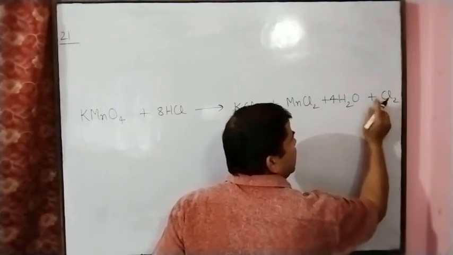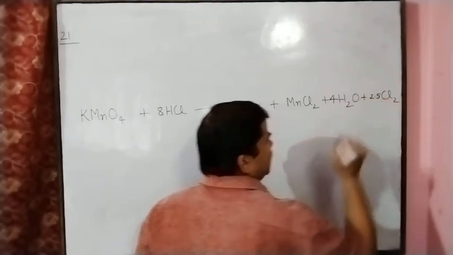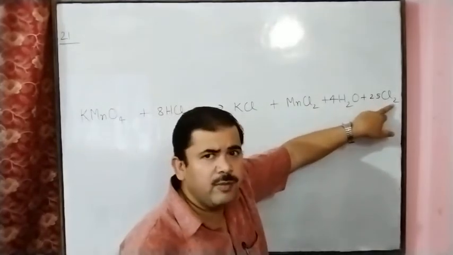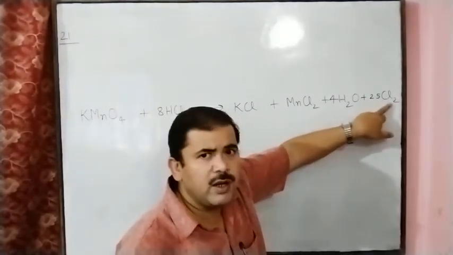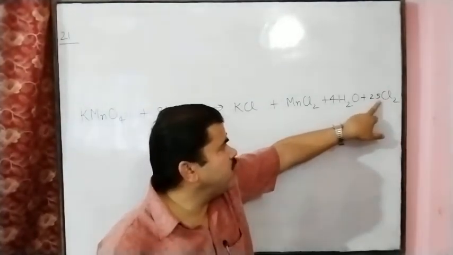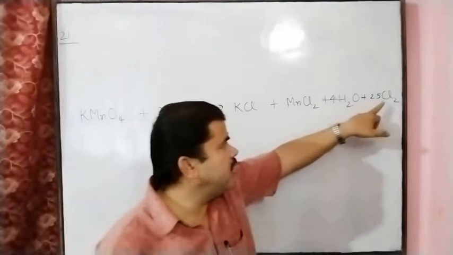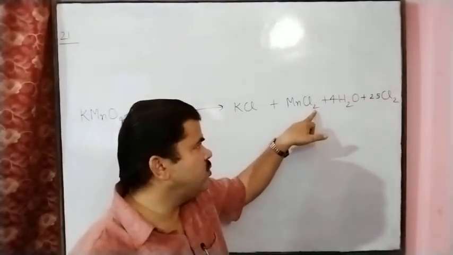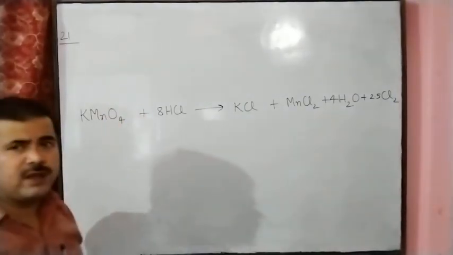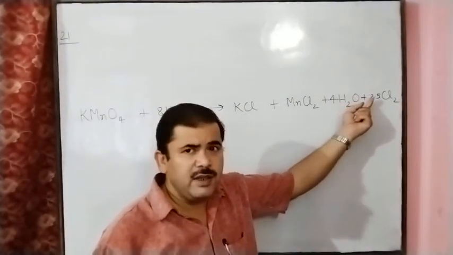If we multiply by 2.5, 2.5 times 2 is 5. So here the total number of chlorine atoms is 5, 2 here and 1 here. So total 5 plus 2 is 7, plus 1 is 8. So 8 chlorine balanced. Chlorine is also balanced, but we can't write the chemical equation in this manner,